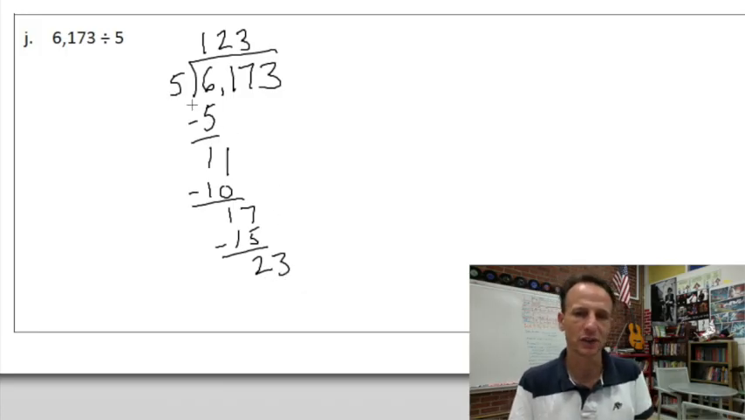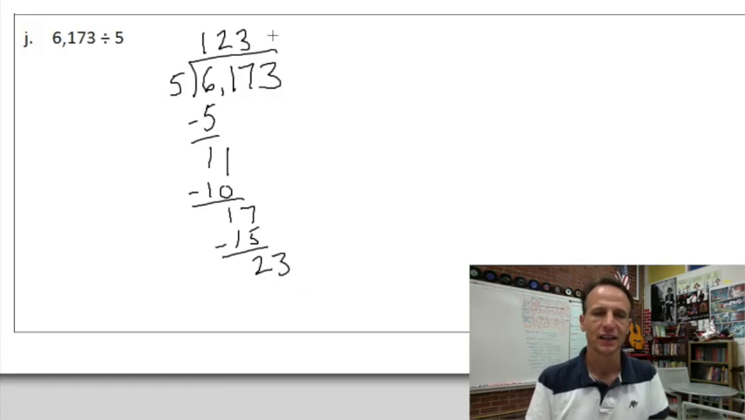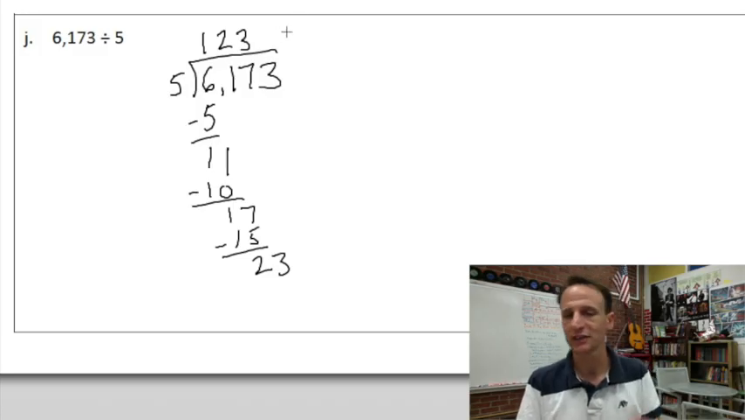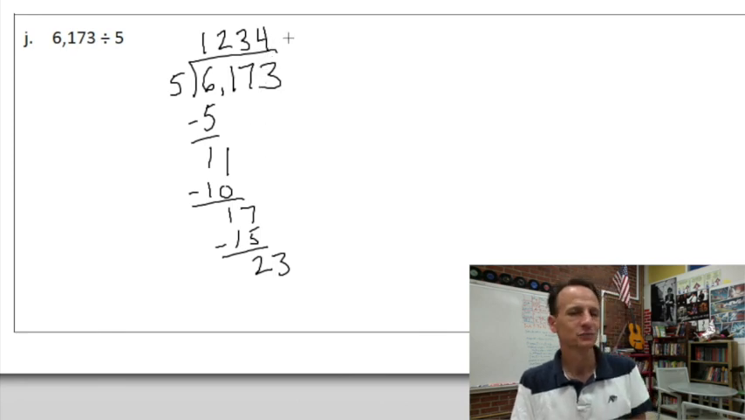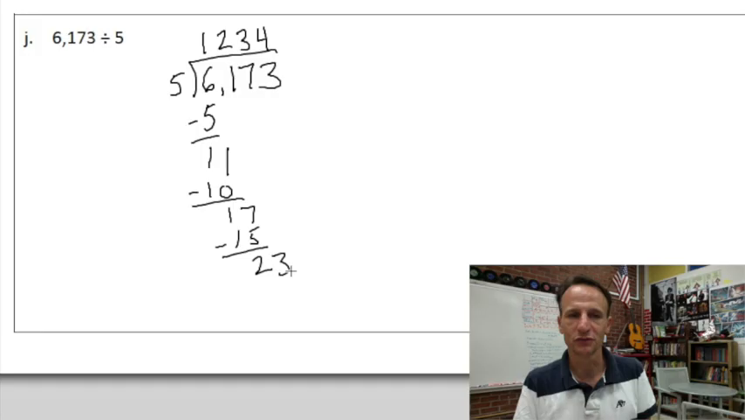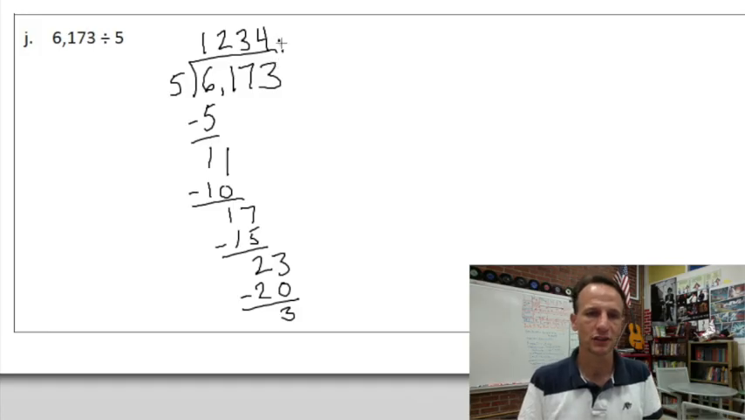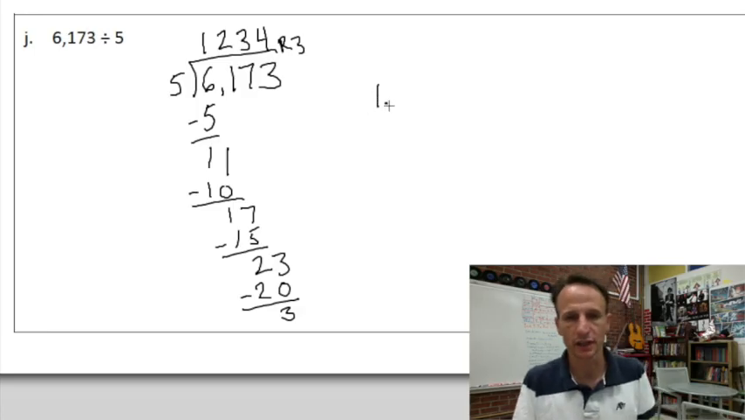So 23 ones divided by 5. How many 5s in 23? 5, 10, 15, 20. There are 4. You see it? You see what they did? 1, 2, 3, 4 again. So because 4 times 5 is 20, and we subtract, we are left with 3, which is our happy little remainder. So if we take that quotient, again,